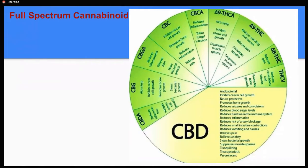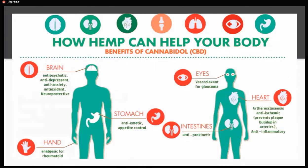But the other cannabinoids that are of importance are on this wheel. And this is why it's important that a full spectrum product is introduced to those who may be suffering from type 1, type 2, prediabetes, or even gestational diabetes. Because the synergy of all these important cannabinoids on a cellular level is very effective in reducing inflammation, in reducing pain, and reducing blood sugar levels. So you can see how CBD can affect so many parts of the body, so many parts that are